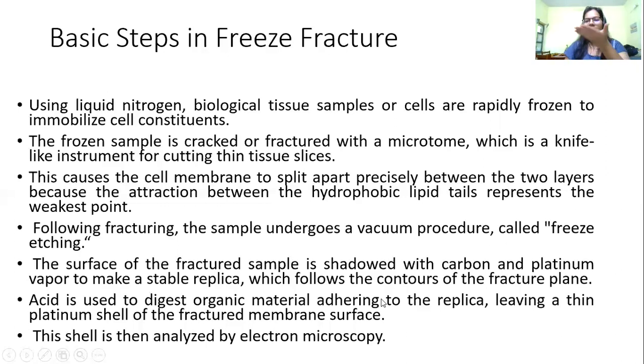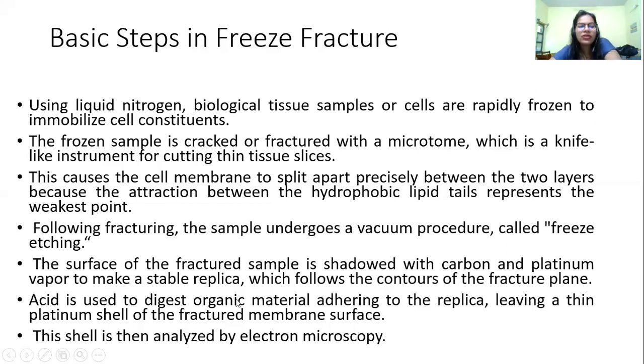So now what we are doing, suppose you have got this one surface. Suppose we have fractured and we got the surface. Now, whatever is present over there, we need certain kind of dye or staining. So this we do with the help of carbon and platinum. Wherever, whatever structures are there, on the top of it, we are just staining or dyeing with carbon and platinum. So what will happen? If the structure is like this, we get the replica like this. If it is plain, we get the replica plain.